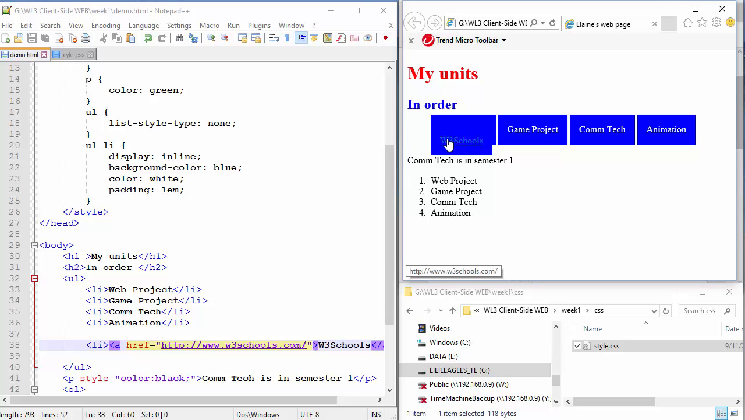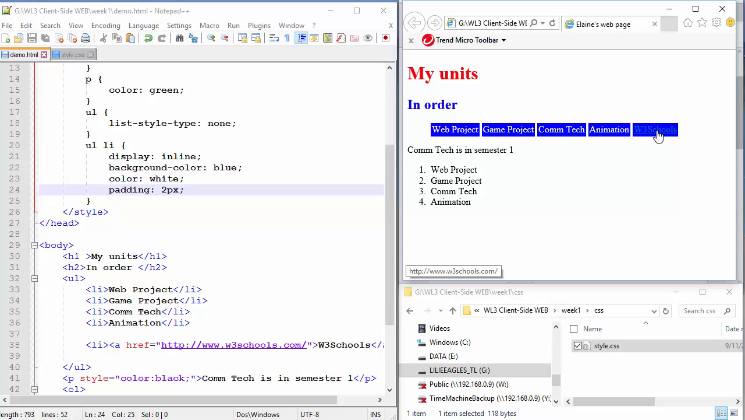Looks horrendous, I realise, and I'm going to just put that as 2 pixels padding because it's a little bit big. We don't want it to be that big. And then there it is. And then what I'm going to do is take you to that website,